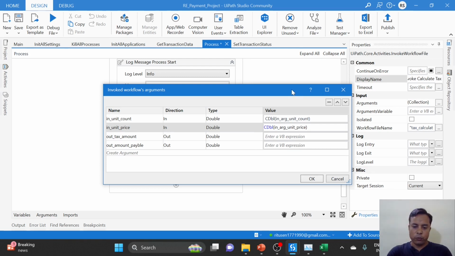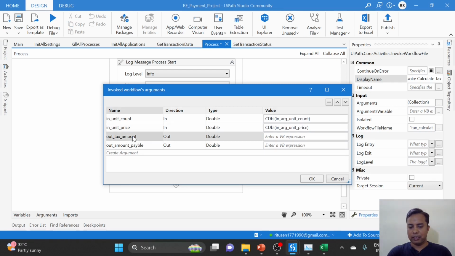So I hope you are able to connect that we got this information in arguments as an input argument of the process transaction, and now inside process transaction we are invoking the calculation workflow. The same information which we have received, we are giving to the input argument of tax calculation. Now the output. So once tax calculation is done,